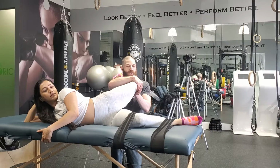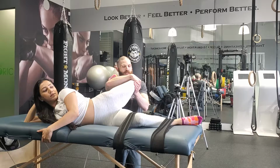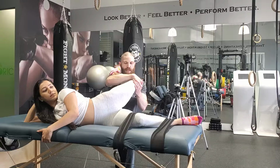And now you're going to press your knee down to the floor and relax. We're going to take it into extension and more abduction. And it also does external rotation, so we are going to bring the leg into medial rotation by standing up a little bit and bringing the ankle above the knee. Now you're going to press your ankle down into my shoulder